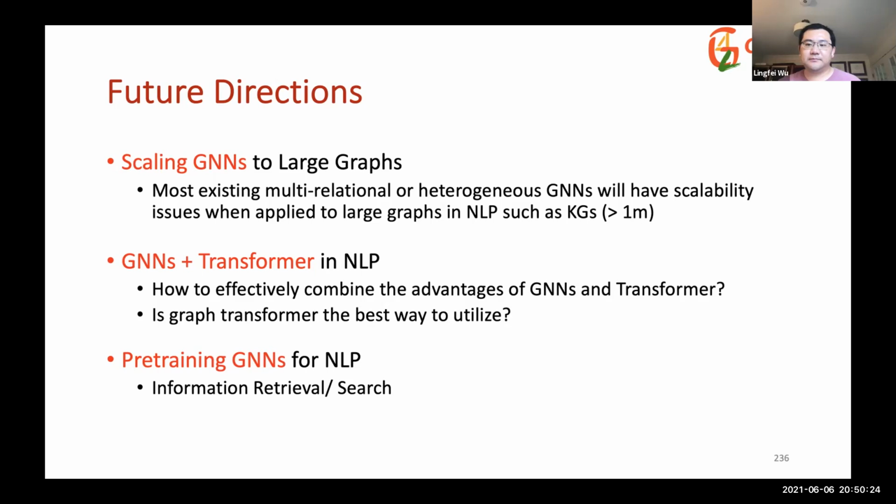Yeah, so I didn't see the question, but I think the question is about if there are edge attributes in